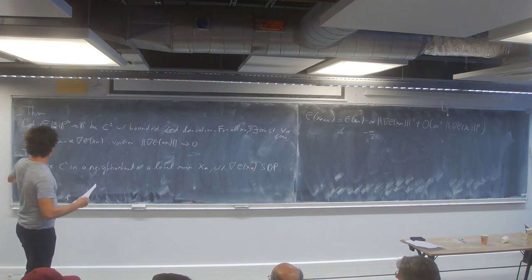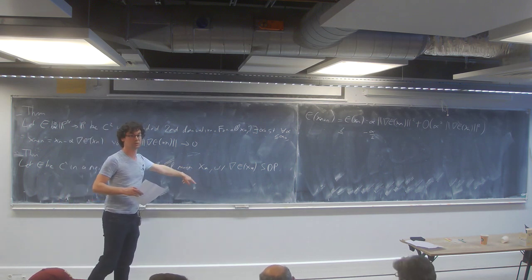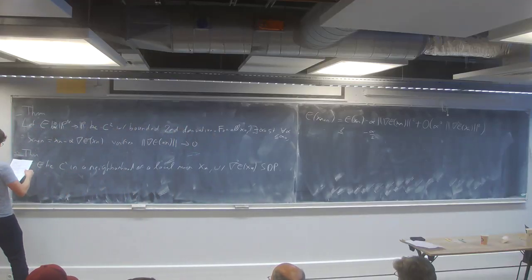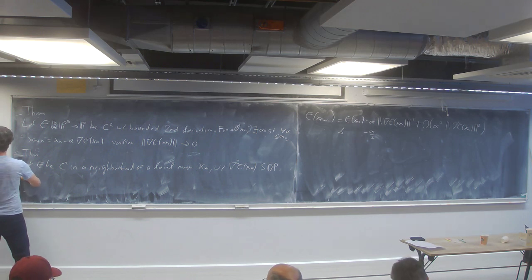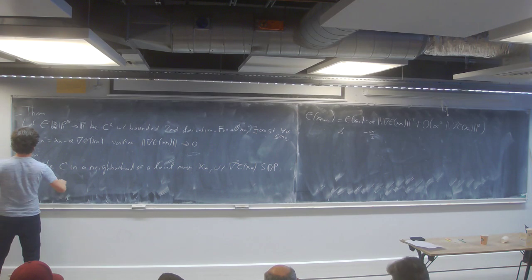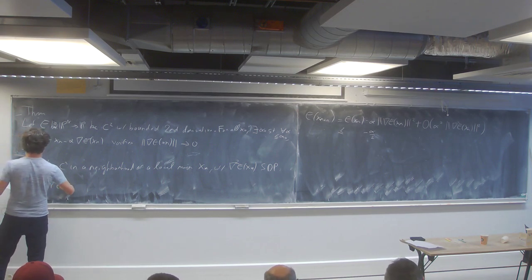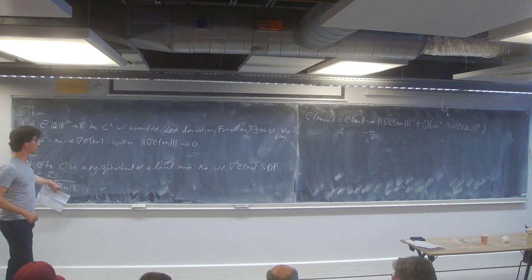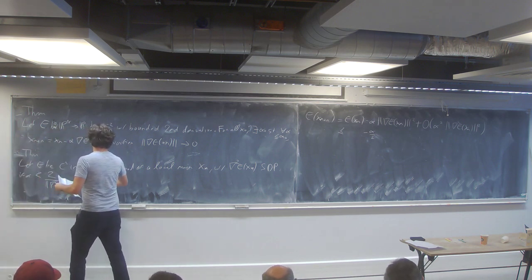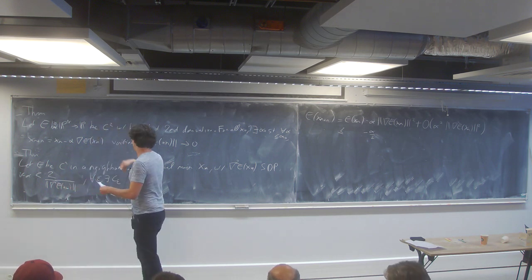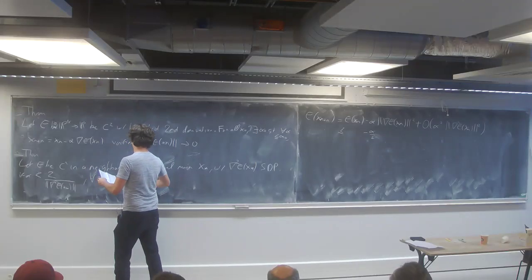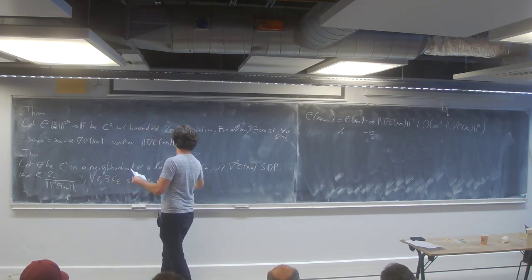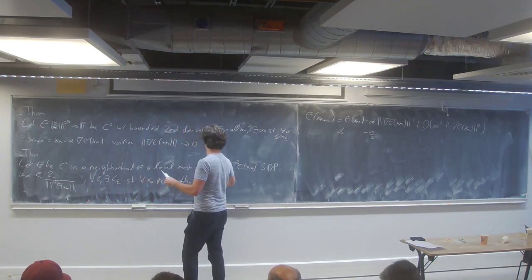Anyway. So the other thing is that if you have a C2 function in the neighborhood of a local minimizer, and if the Hessian is positive, so this is the Hessian, then if alpha is smaller than 2 over the matrix norm, which for this matrix is the biggest eigenvalue of the Hessian. For all epsilon, there exists a C epsilon. Do not bother about this; it doesn't really matter. Such that for all x0 in the neighborhood of x star,